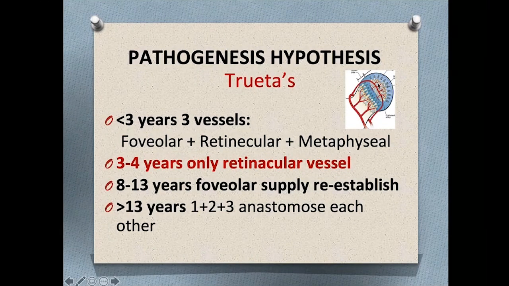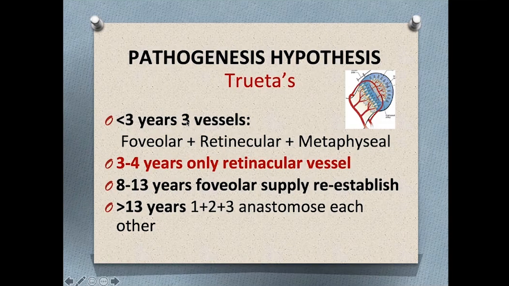And then there are sinusoidal vessels, but each artery does not get anastomosis with each other. But all these supplies have the anastomosis extraosseous, outside the bone. They anastomose here, but not intraosseous. So this tutor has explained in this way that up to the age of 3 years from birth, there are